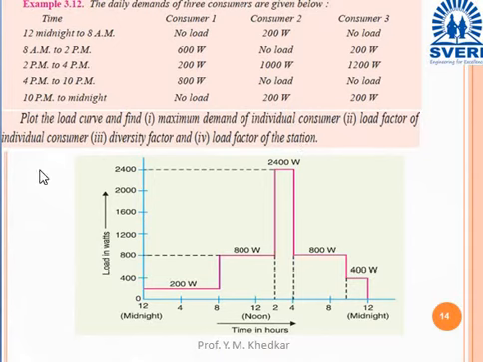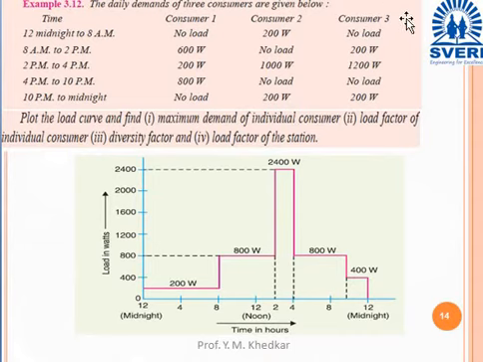Now we will have to plot the load curve and find the maximum demand, then the maximum demand of individual consumer, load factor of individual consumer, diversity factor and load factor of the station. First of all, we will have to